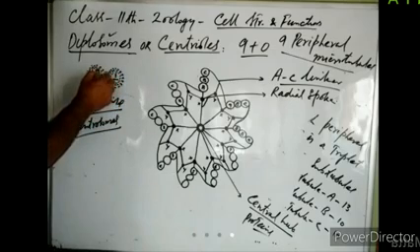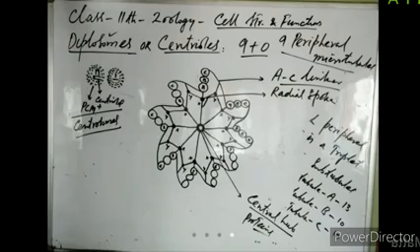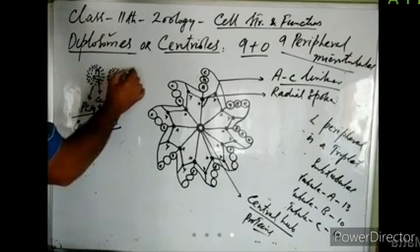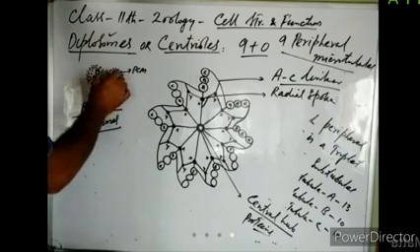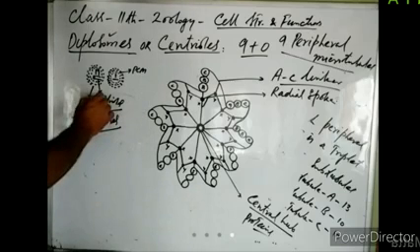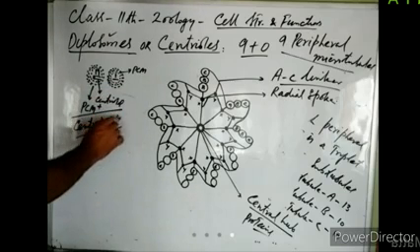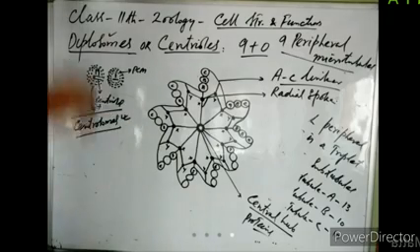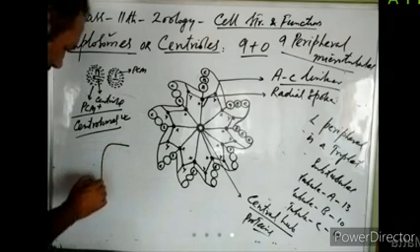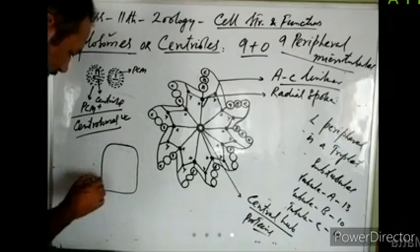So this proteinous mass, which is surrounding a pair of centrioles, we call pericentriolar mass, PCM, right? Embedded in this PCM, there is a pair of centrioles. So this pair of centrioles plus pericentriolar mass forms the centrosome, right? How many centrosomes are usually contained in a normal cell? In a normal non-dividing cell, there is just one centrosome.